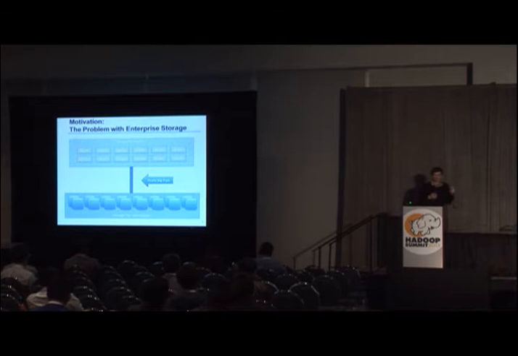In order for the workers to do any work, they need to first of all pull the data from the other side of the room. And this is fine when you initially set up your system, but as you try to scale out the client tiers, you have more clients pulling data off the storage tier, they saturate that pipe that sits in between. Or as you add more storage to your storage tier, you have to increase the connections or increase the routers that sit between. And this becomes prohibitively expensive.